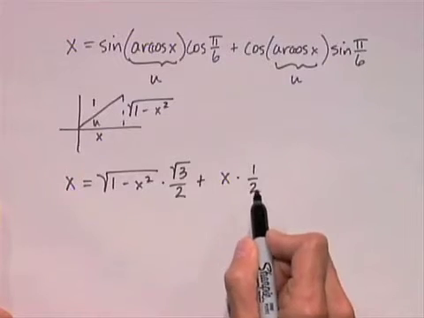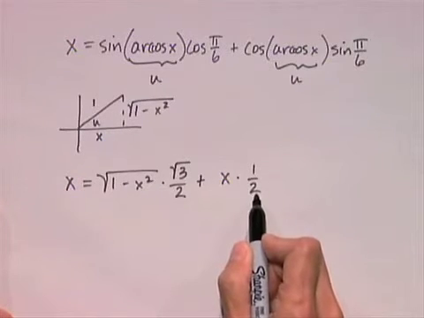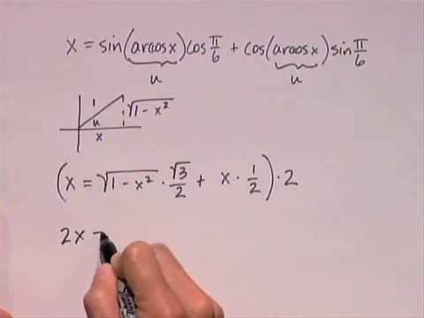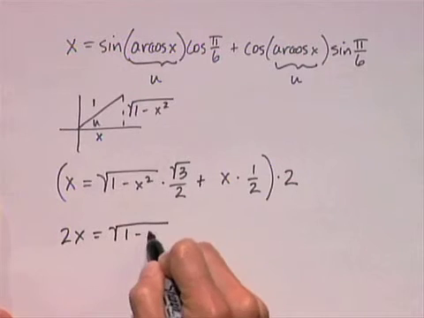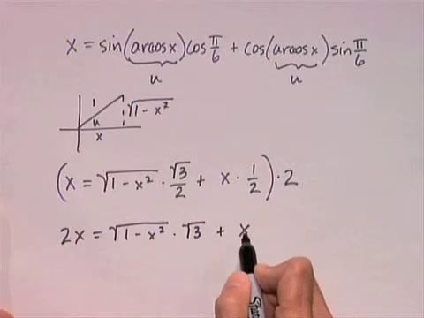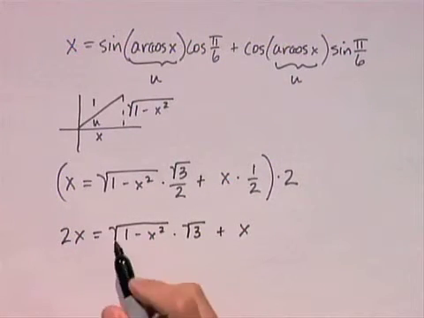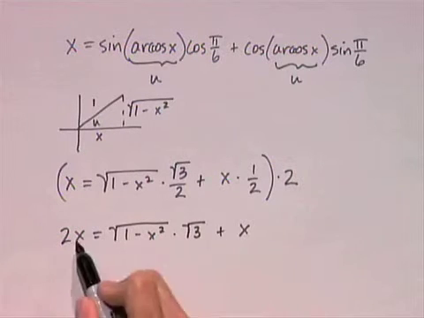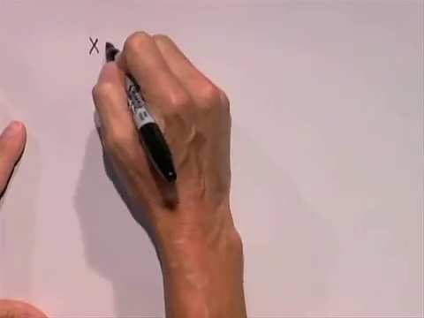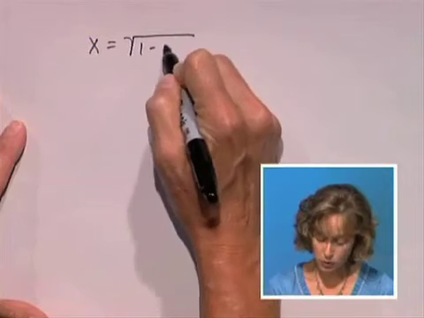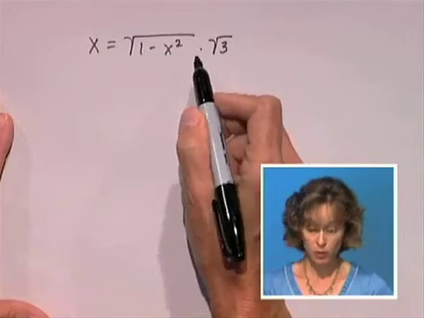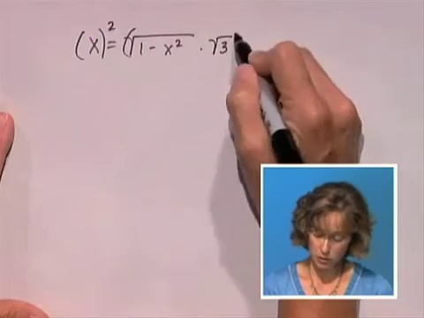To continue from here, I'm going to clear the denominator 2 by multiplying every part of the equation by 2, which leads me to 2x equals the square root of 1 minus x squared times the square root of 3 plus x. I'll subtract x from each side, and 2x minus x is x, and that's equal to the square root of 1 minus x squared times the square root of 3. At this point, I want to square both sides to get rid of the radicals,